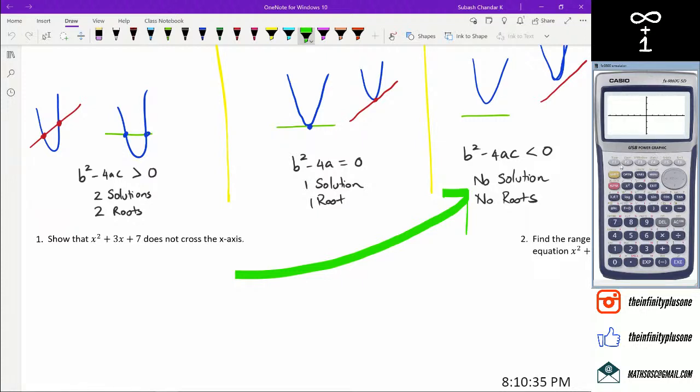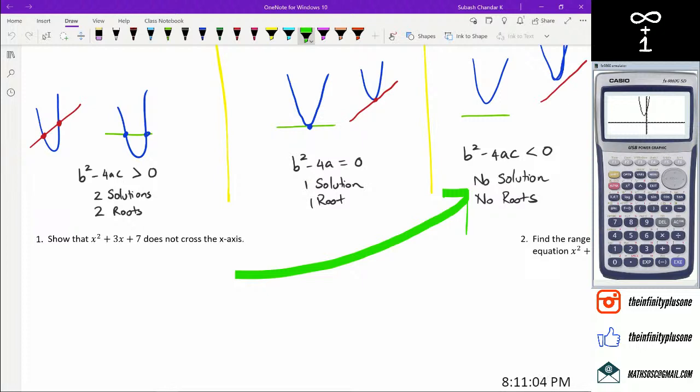Right now I can't see my graph, probably because I just need to zoom out a little bit. There it is. So there is the parabola, and as you can see, it is not crossing the x-axis, but we've got to actually prove it